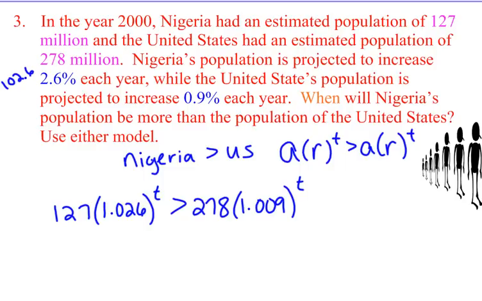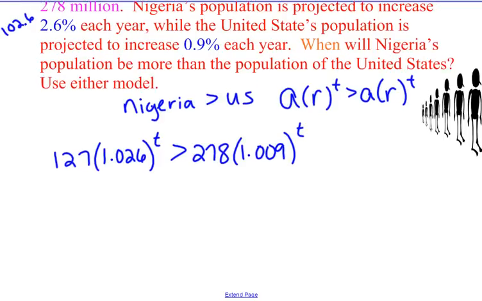So now I'm going to solve this for t. So we're going to see really what happens here. Even though I have the greater than sign, I'm actually going to find when they're equal. So we'll find the exact point where our populations are equal. And since Nigeria we know is growing faster, anytime after that point is going to be when Nigeria passes us and has a higher population than us. So to do this first, I'm going to have to think about how I use my logs here. If I want to add a log to both sides,